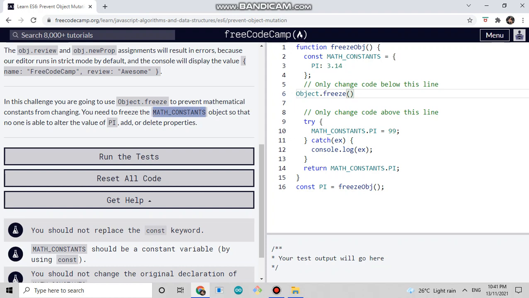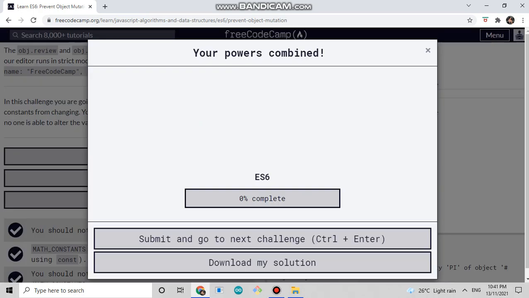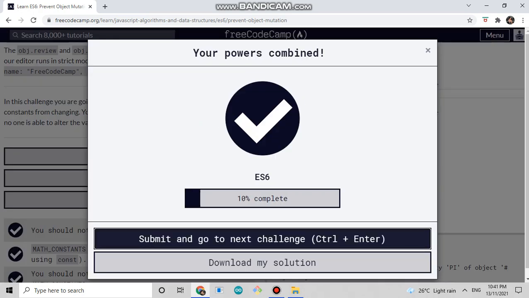You need to freeze the MATH_CONSTANTS object. Okay, so let's see. Okay, next,